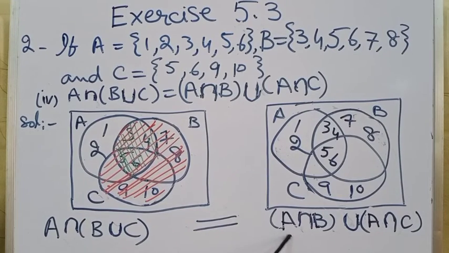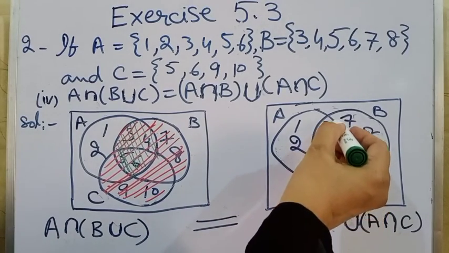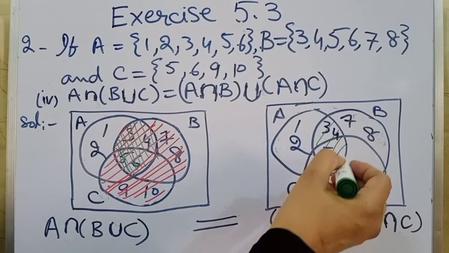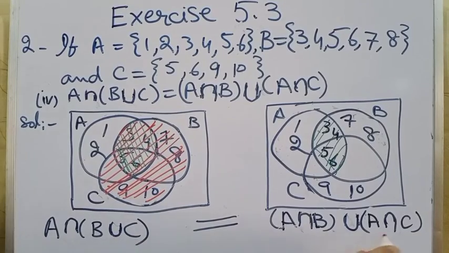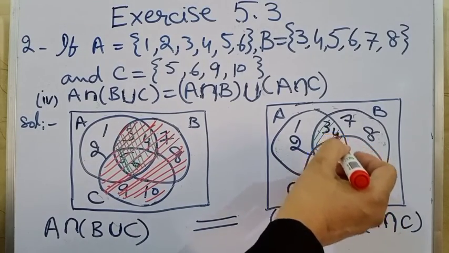So first of all we have to find A intersection B. A intersection B contains all elements common to both sets. So 3, 4, 5, 6, these are the common elements in both sets. Next we have A intersection C. A intersection C has these elements,